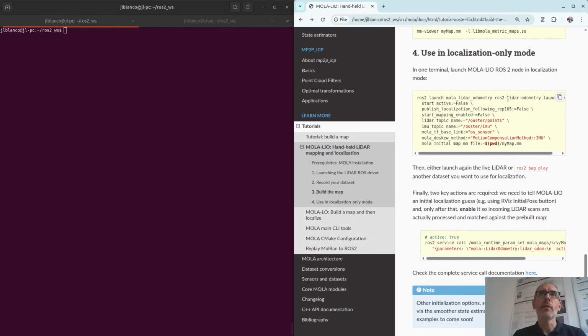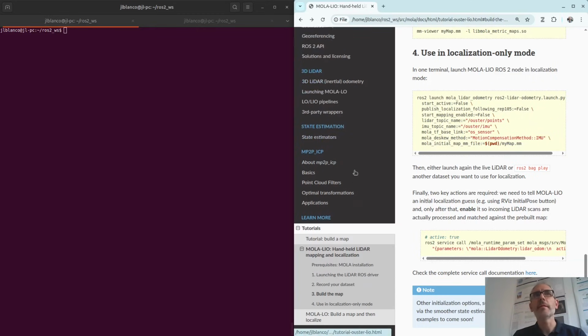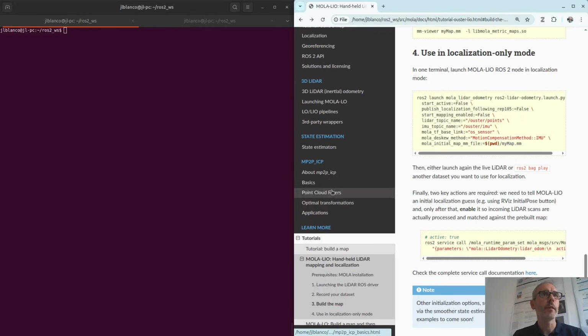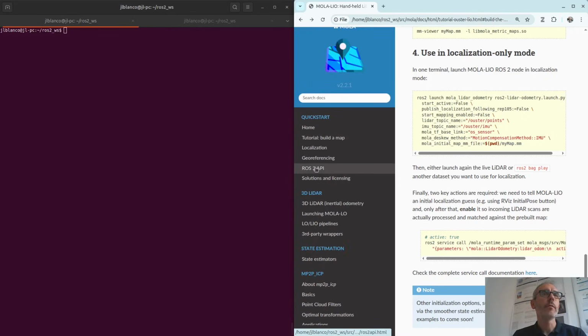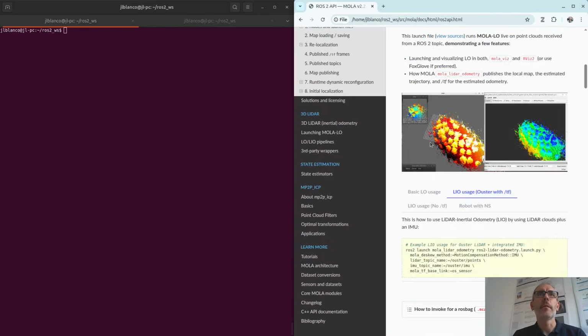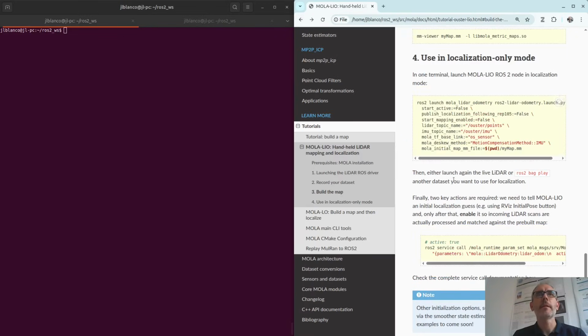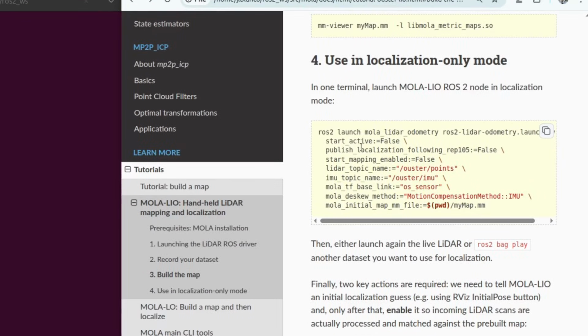It has many options and different parameters you can check on the online documentation here on ROS2, and there you can check all the different flags and their meanings. But basically, for localization-only mode, we want different things. We want mapping to be disabled, so the map will not be updated unless we later enable that. So at the beginning, mapping is disabled, and